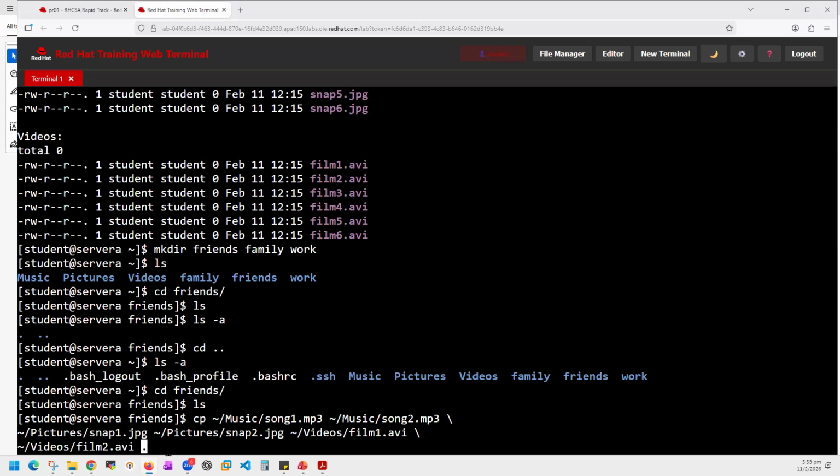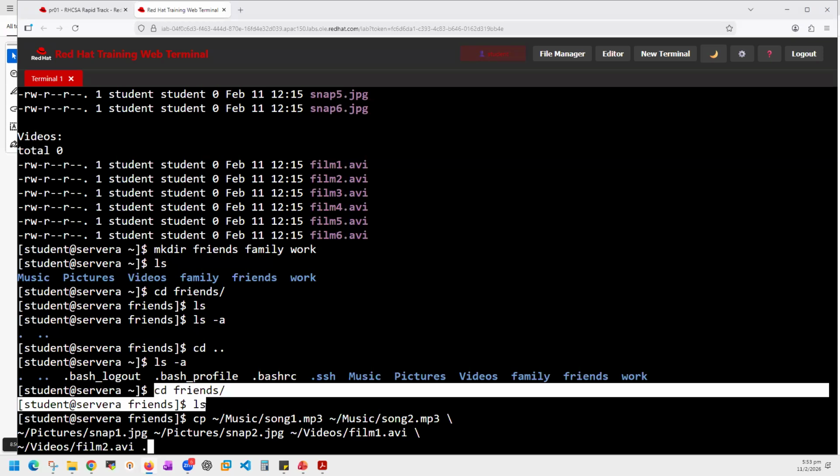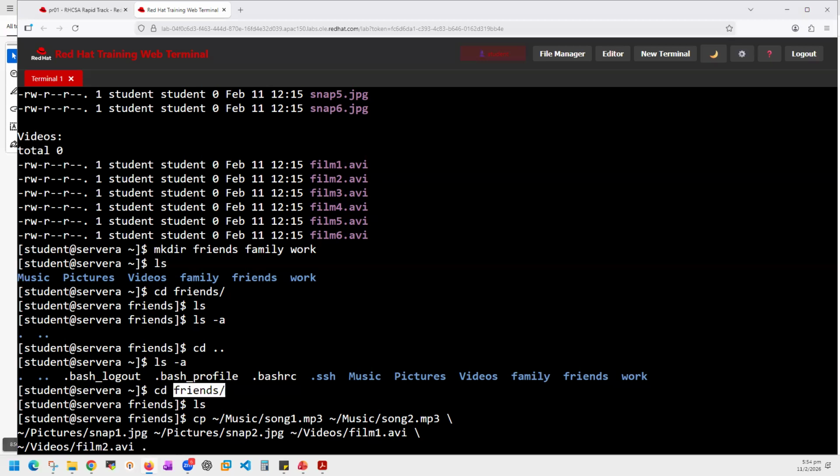So first, if you observe, I move to this directory, cd friends. So I move to this directory, so that becomes the relative path. If I don't move to this directory, instead of dot, I will give friends, right? So that will be the relative path. So now I am copying all files with 1 and 2